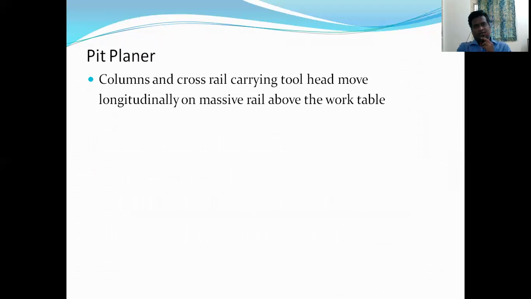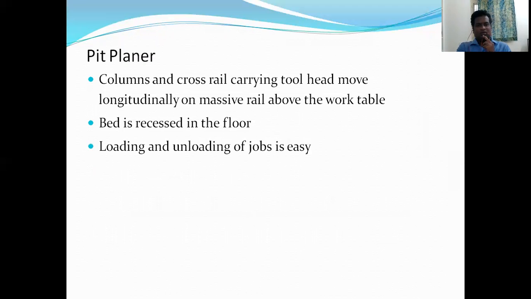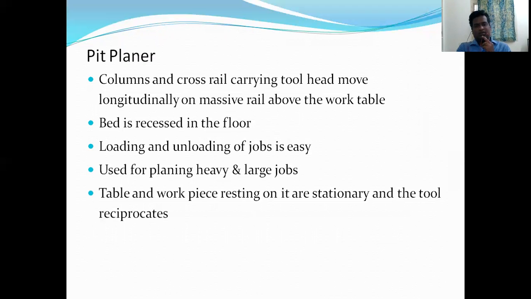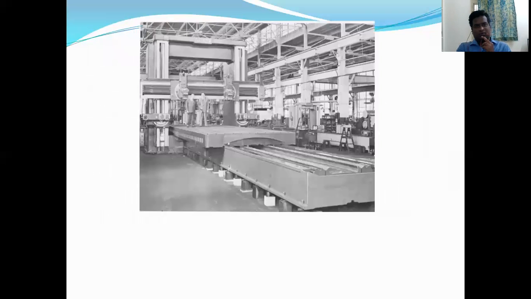Pit type planer. The columns and cross rail carrying the tool head move longitudinally, and a massive rail supports the table. The bed is recessed in the floor. Loading and unloading of jobs is easy. Used for planing heavy and large jobs, the table and workpiece resting on it are stationary and the tool reciprocates. Okay, so this is the pit type